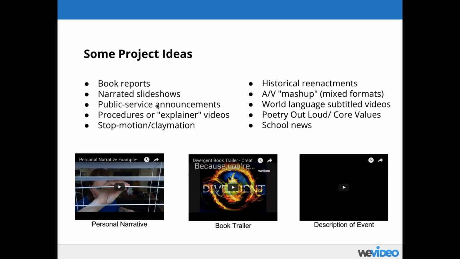But actually, we've seen some great uses even in science classes with some of the advanced features like slow motion, where you can record an experiment and then slow it down 10 times to actually analyze it, and do an explainer video on a scientific concept. So there's a broad variety of uses, and it's not just a tool for a very niche application in classrooms.